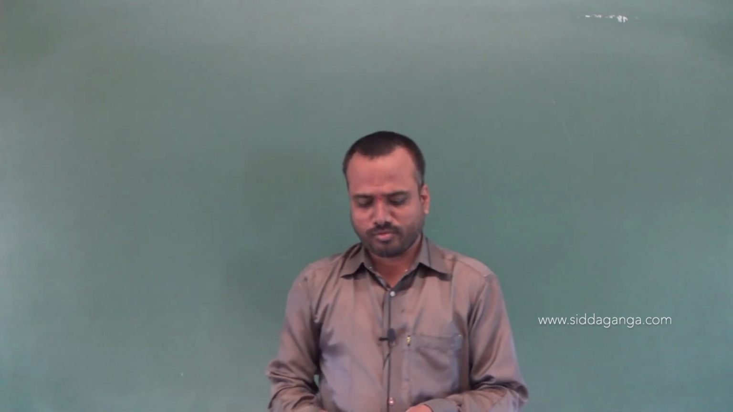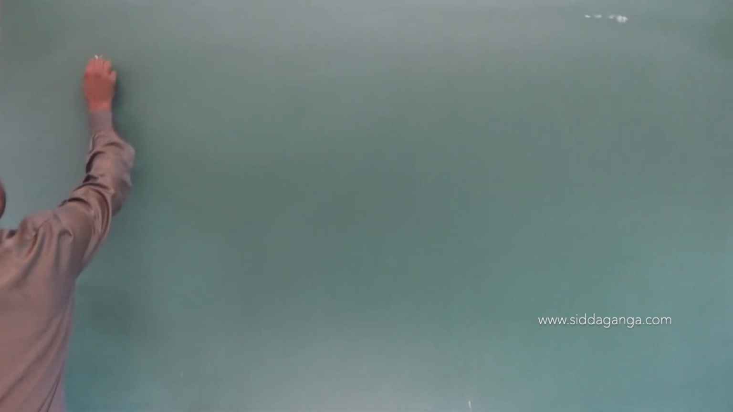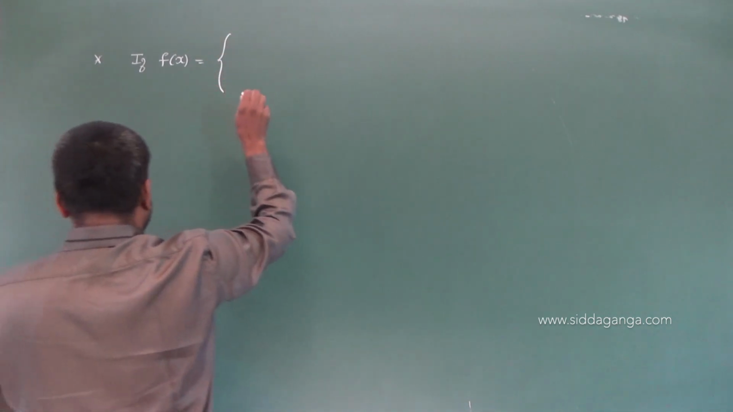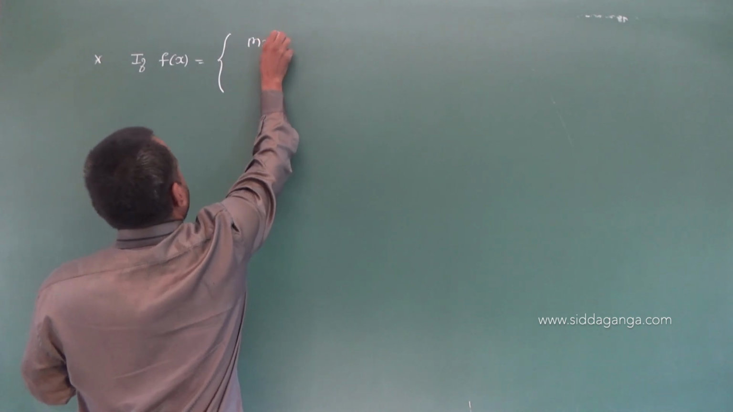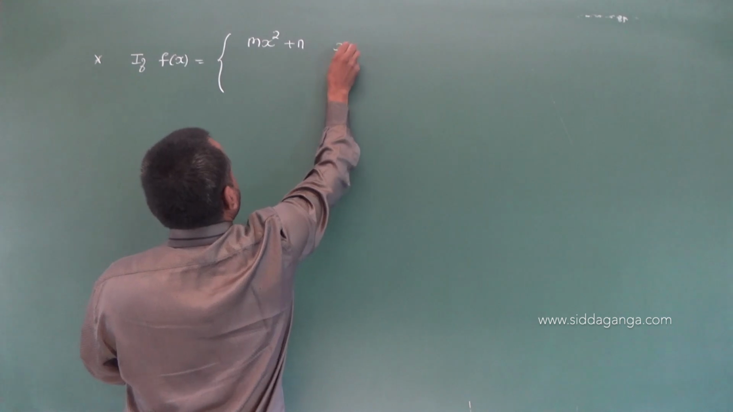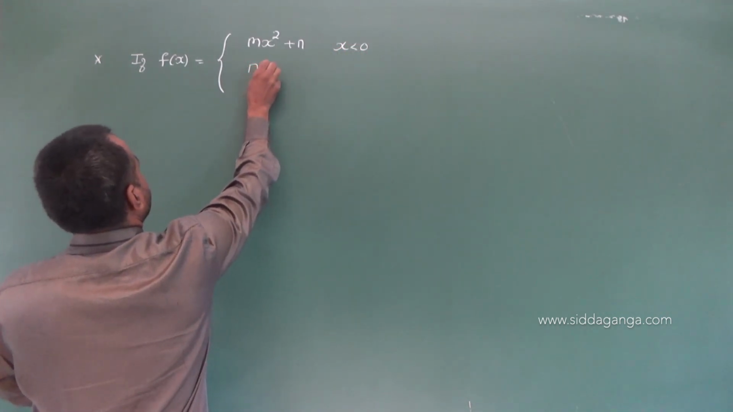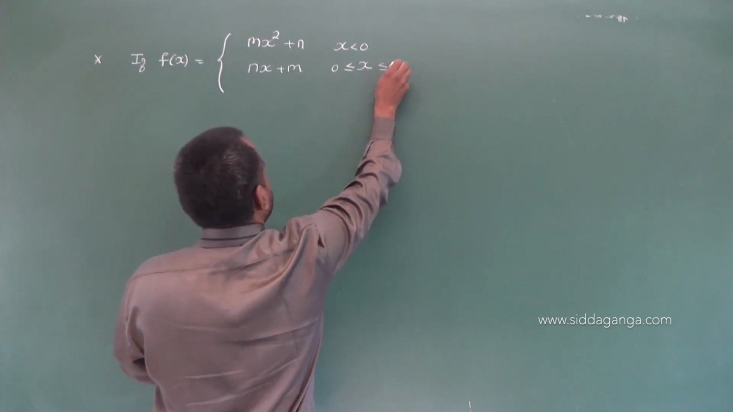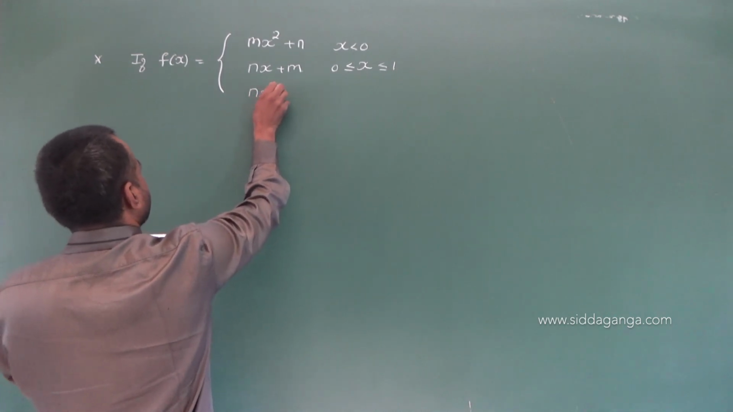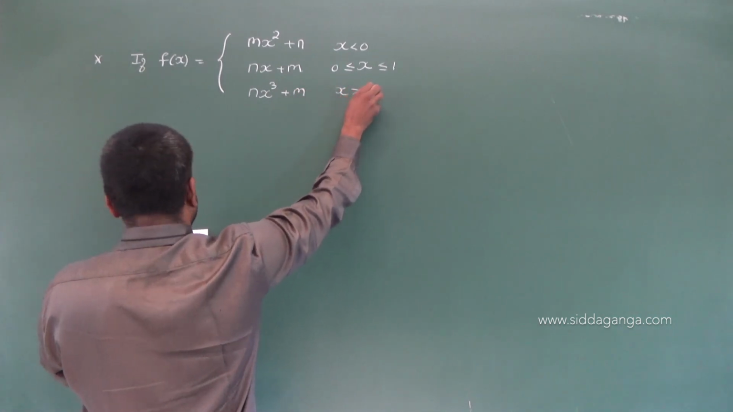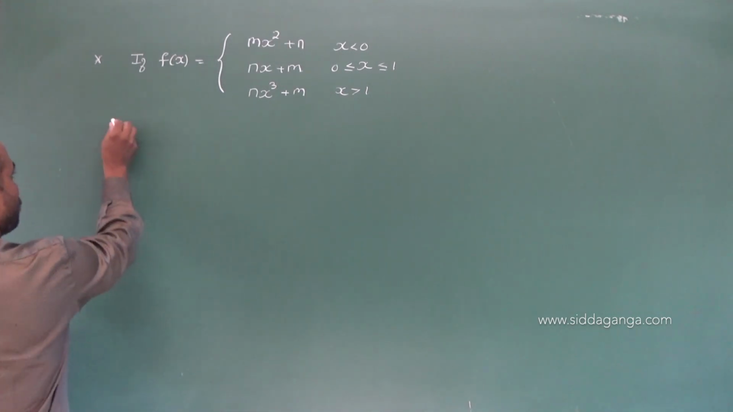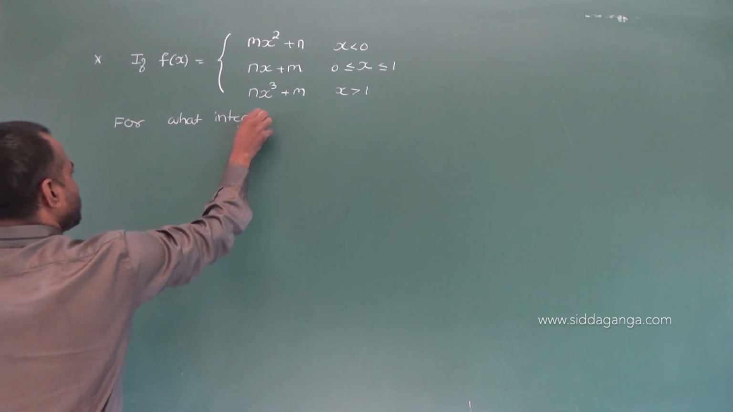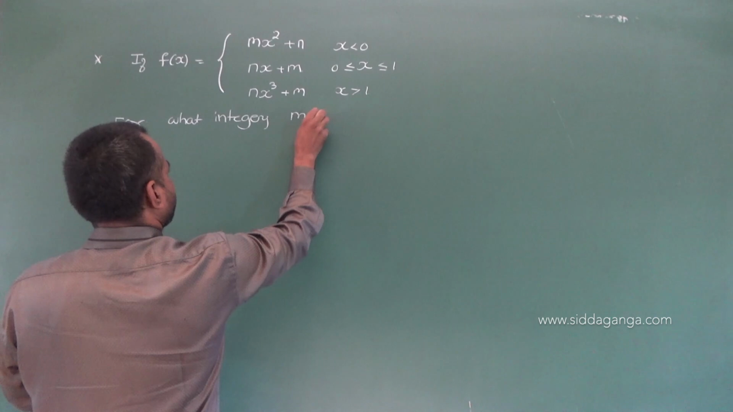Next problem, a very important problem. If f of x is equal to m x square plus n for x less than 0, n x plus m for x greater than or equal to 0 and less than or equal to 1, and n x cube plus m for x greater than 1. For what integers m and n